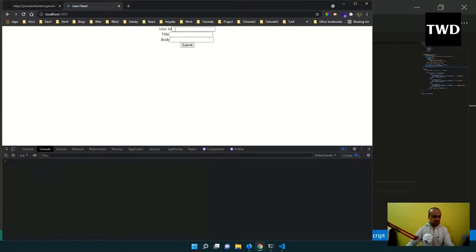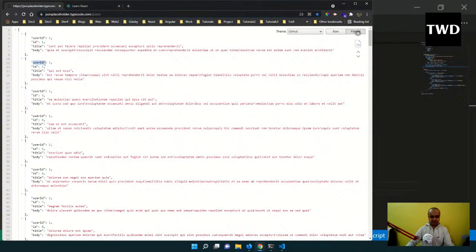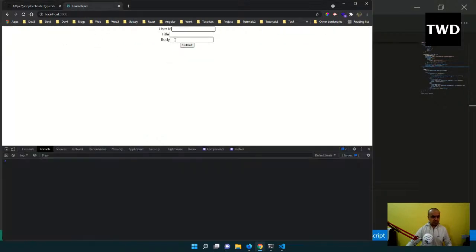Okay, so user ID. So why have I given the user ID? See, it also expects the user ID. ID is something which is put by this API endpoint itself, but the user ID you have to give. Okay, so user ID, maybe anything I can give. 45, title, React basics. This is the end. If I submit it,